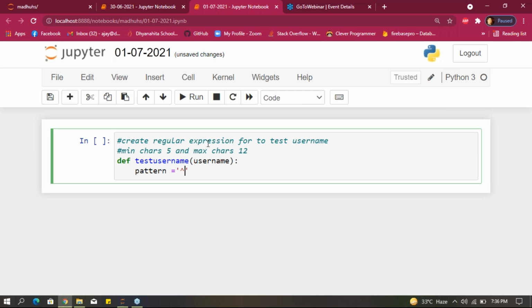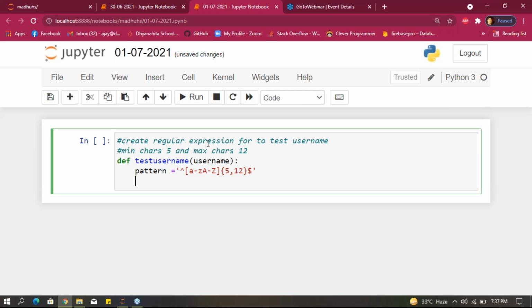After that, a username means we have to take characters, so I'm taking small a to z and capital A to Z. After that, in curly braces give 5 comma 12, which means minimum 5 characters and maximum 12 characters, and end with the dollar symbol.